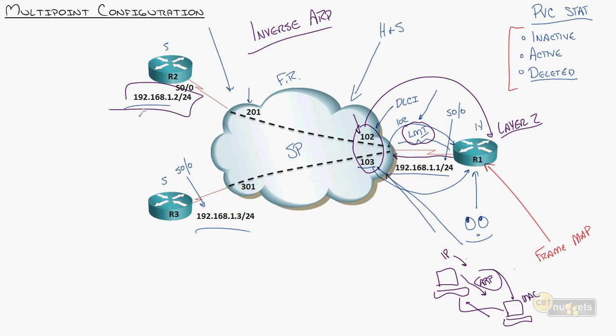And the way it does it is simple. It just sends a message down each one of those DLCIs. It's like yelling down a big dark tunnel: hello, who's in there? It sends a message down, like, hello, 102, who are you? And this guy receives it on the other side, kind of coming out. He's like, oh, hey, I'm 192.168.1.2. And then